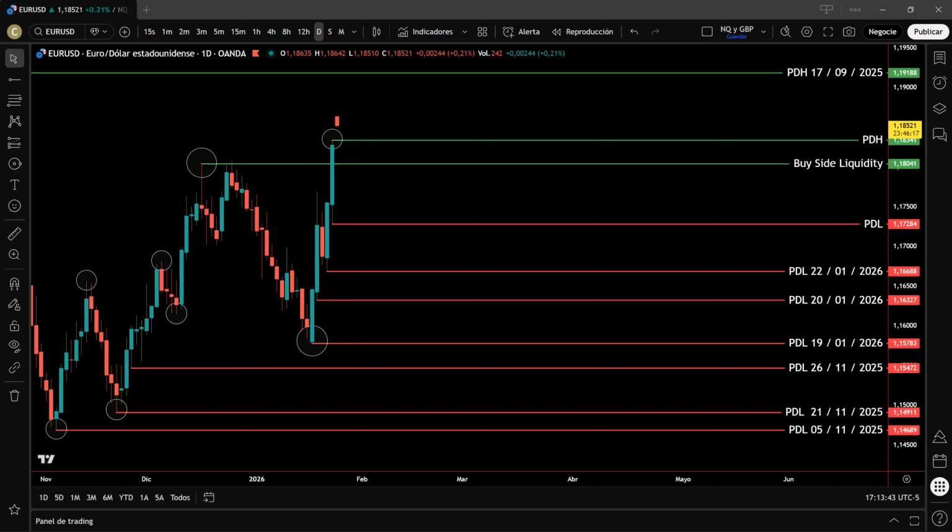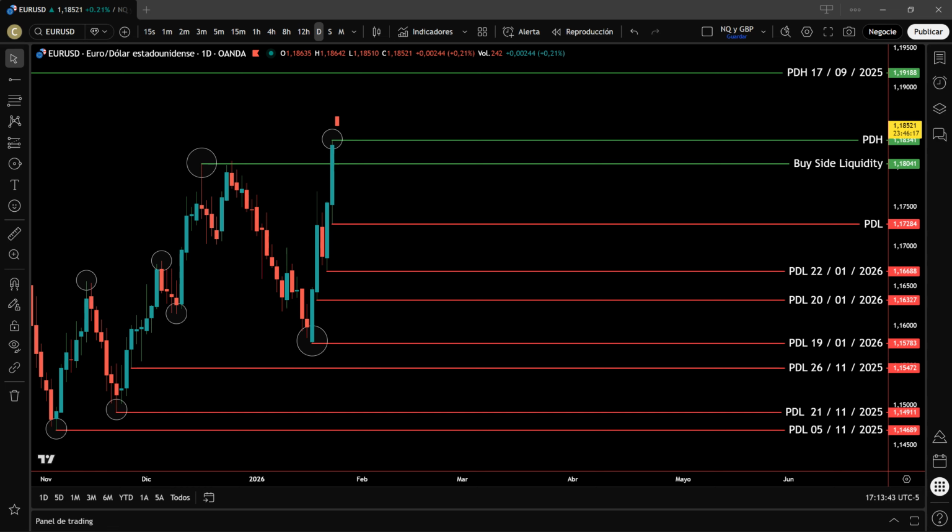Now, we are going to take our professional analysis to the next level. In this scenario, I have marked the daily liquidity levels, which serve as the roadmap for any institutional trader. The upper green lines represent the PDH, or previous day high, meaning the peaks from previous trading sessions. Meanwhile, the lower red lines represent the PDL, or previous day low, which are the troughs of past days. Notice the large amount of accumulated lows we have sitting at the bottom of the chart. The market constantly moves by seeking out liquidity from one point to another. By identifying these historical levels, we can predict with greater accuracy where large institutions might look for counterparties to execute